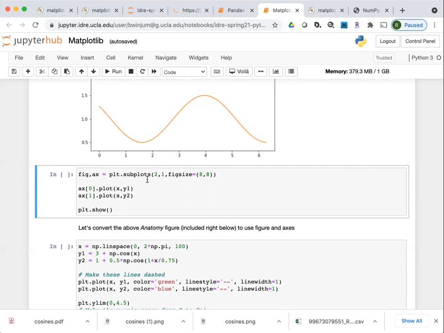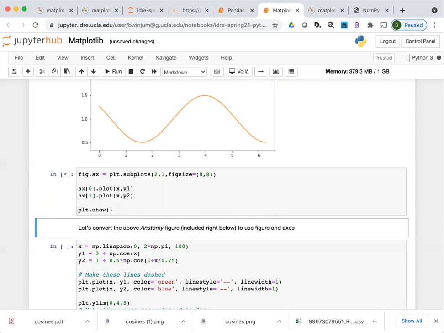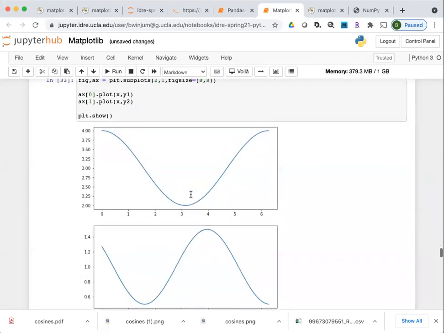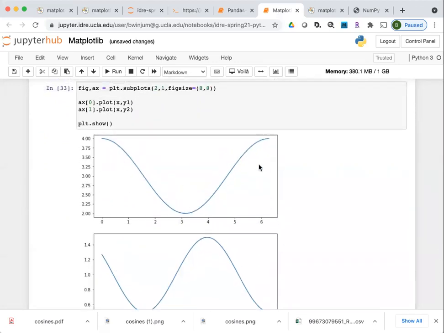But there's just one figure object. So now when I call a method of one of these axes objects, I have to index it because there are multiple axes objects. The first one I index with 0, the second I index with 1. Now you can see that there are 2 rows, there's 1 column, and each of these has a separate curve. This one is x versus y1, this is x versus y2.